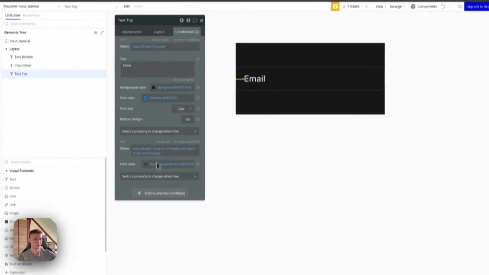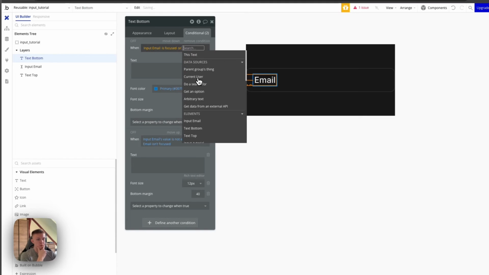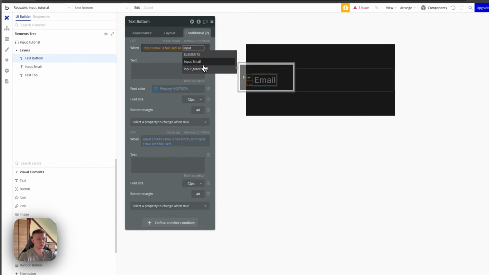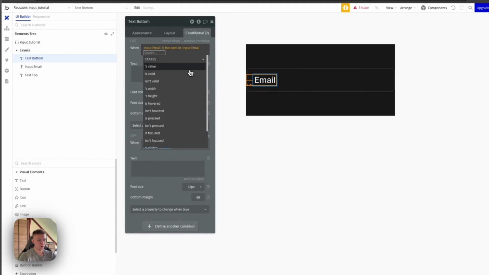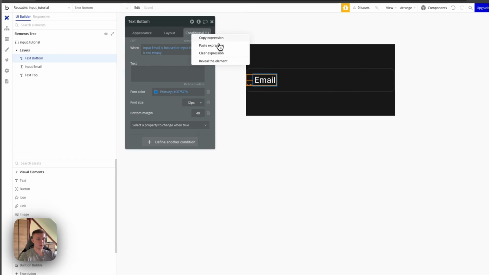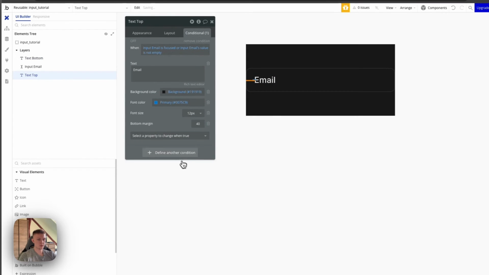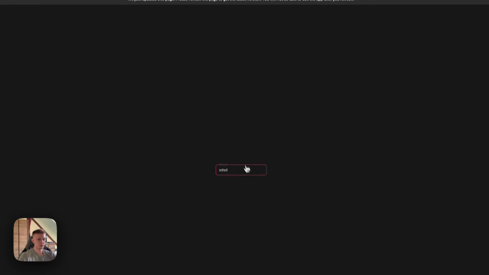Why doesn't that work? So I know exactly what I had wrong. So when it's focused, or input email's value is not empty, this is it. So let's remove this one. Let's just copy this expression. Let's paste it in here as well. Let's remove this condition, right? So if I was to preview this,